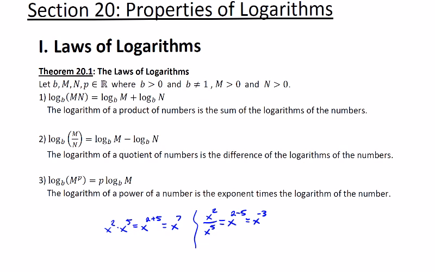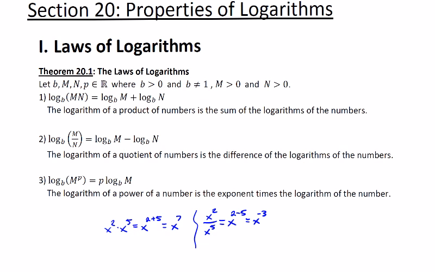So the logarithm has properties that are similar to these kinds of exponential properties. So I want to get you thinking about the correlation between exponential and logarithm here. So for Theorem 20.1, I want to introduce the three properties that we're going to start the section with, and these are known as the Laws of Logarithms. And I'm going to go straight to statement number 1, and then I'll go back and talk about the first